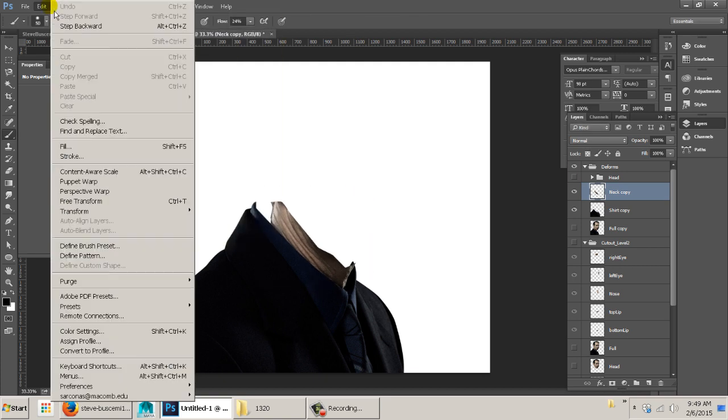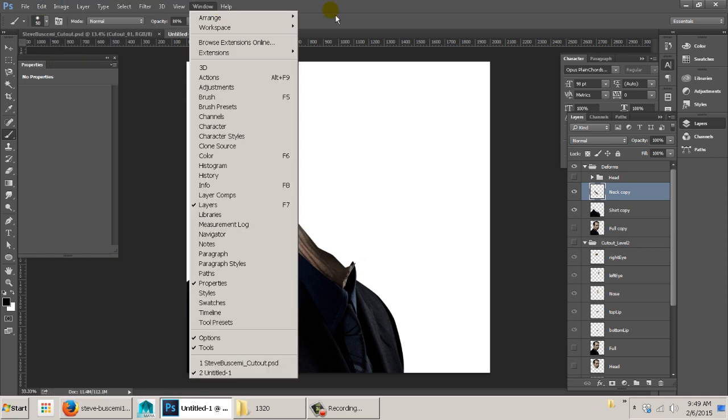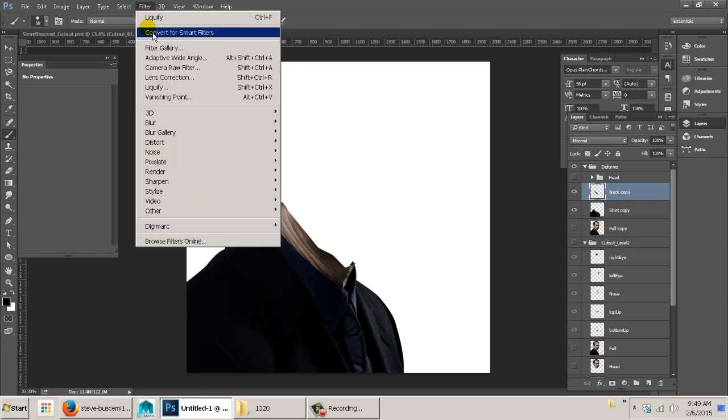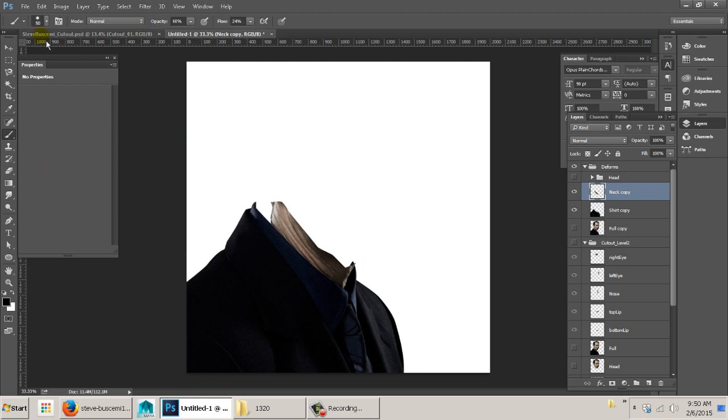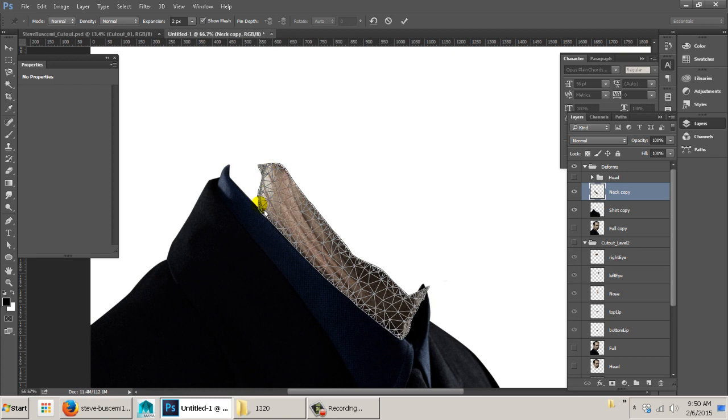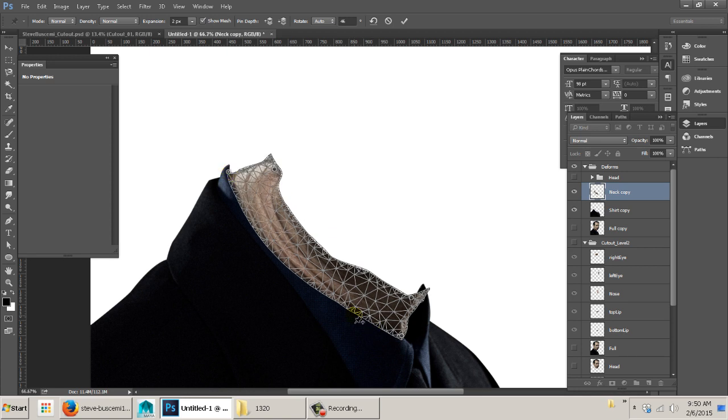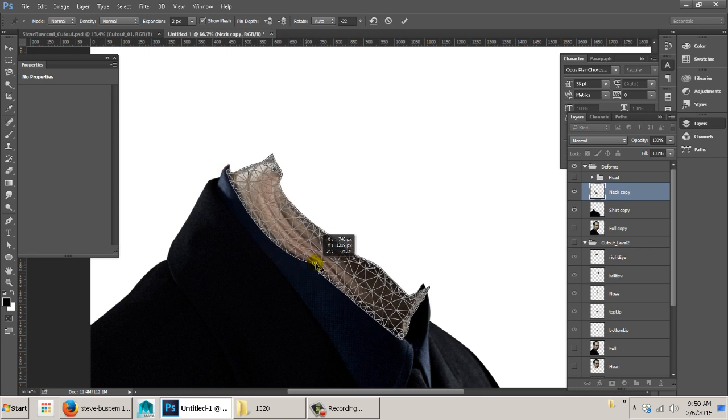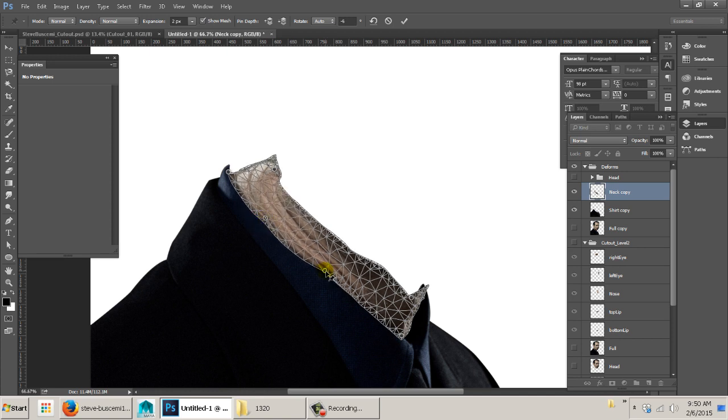I'm going to go to Edit, and under the Edit there's a Puppet Warp. Okay. And the way the Puppet Warp works is there's basically this little mesh, and I can click on here and create pins. Okay, so I'm basically pinning things down, but then once I pin things down, then I can grab these pinned areas and start to stretch the pinned areas. Okay, so I'm just stretching this out in order to kind of shape this so that we can get it